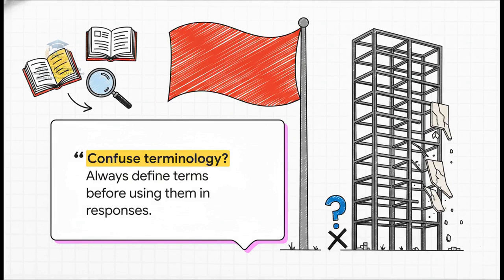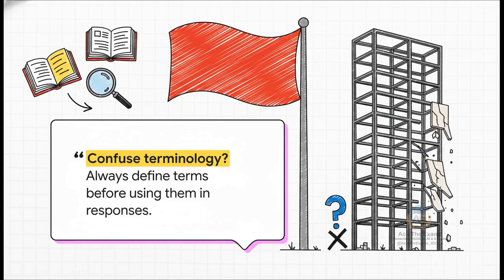Before we even start pouring the concrete for our essay, we have to look at where previous candidate structures have completely collapsed. Examiners are literally shouting from the rooftops here. Candidates consistently confuse key terminology. Think about it for a second. If you're building a massive high-rise and you confuse a steel support beam with, say, drywall, the whole thing comes crashing down, right? It's the exact same thing in the context of education, social, and economic development.